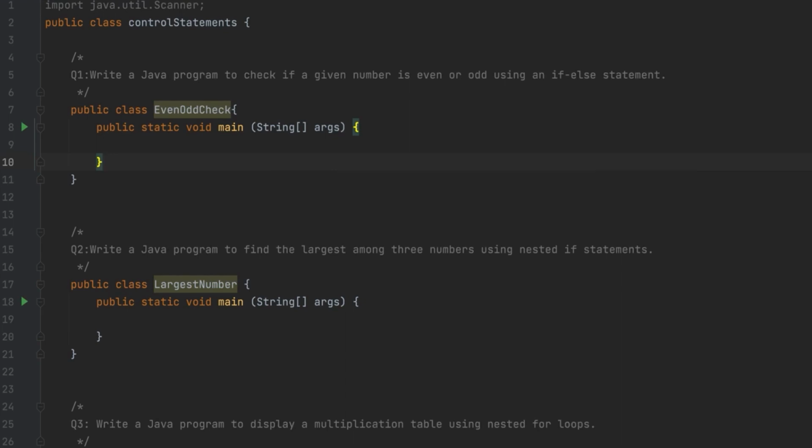We have three different questions here related to control statements. These are just a few examples. You can modify them or create your own variations to practice and further enhance your understanding of control statements a bit more. So with these three questions, we're going to focus on the if-else statement, the nested if statement, and